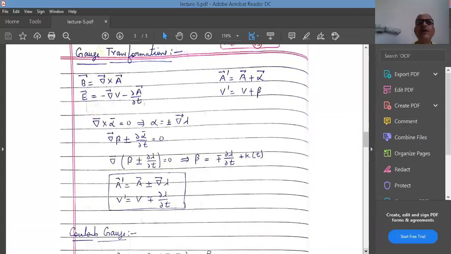Now, as I told you earlier, we cannot solve equations number 3 and 4 of the last page directly. So we have to have some sort of restriction that we call a gauge. There are several gauges, several restrictions available in electrodynamics, but in your course, we have basically two gauges.